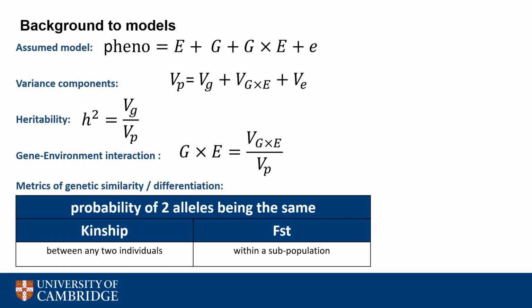Here's a slide to give you an overview for the models and the concepts that I will be using later. I assume that the phenotype is a linear combination of environment, genes, and their interaction plus some noise. This is quite close to the standard genome-wide association model, which aims to estimate the per-SNP effects. However, in situations of low power, instead of trying to estimate the individual SNP effects, either as additive or as interacting with the environment, you instead estimate their aggregate effects via so-called variance components.